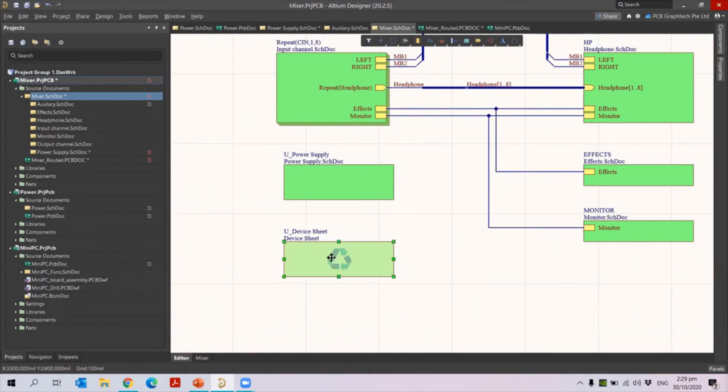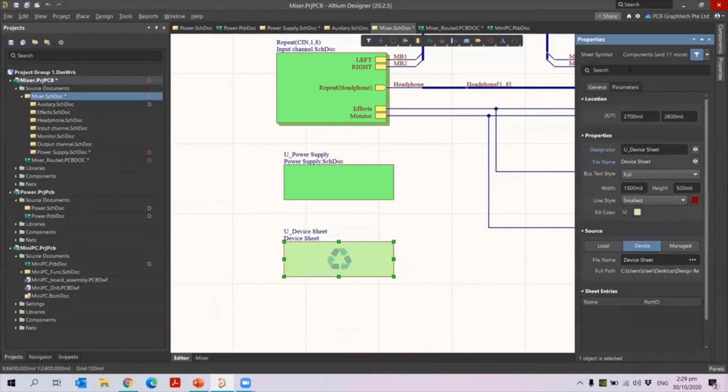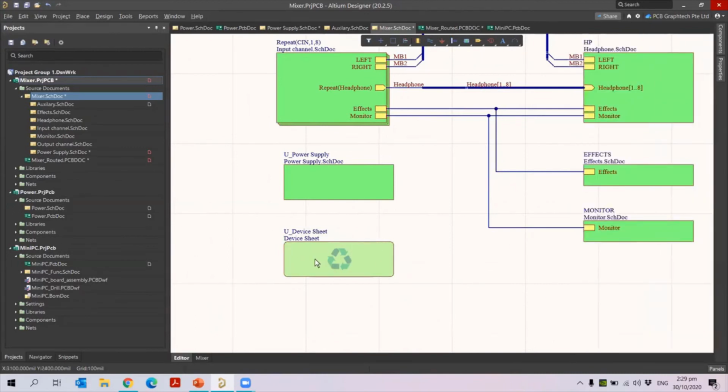Okay, so if you double click on this, you will see the properties of the device sheet here. This device sheet I'm just taking from my device here. So I just bring it in. Now, once I bring it in, how do I add it to my project? It is not added to my project until...